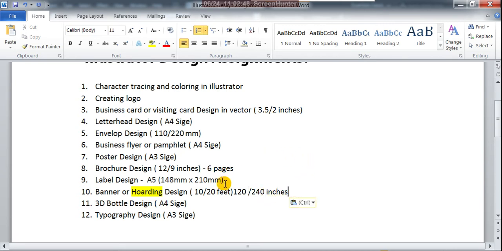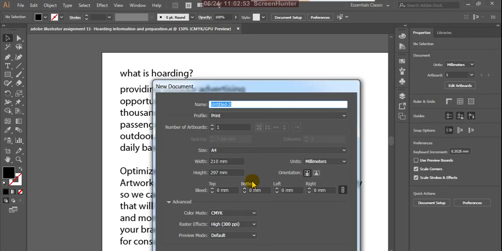So if you put 120 by 240 inches in the new document settings, and on that file you drag and use product photographs or whatever pictures are included in the hoarding, it can be a very big, huge file size, and sometimes it cannot open.